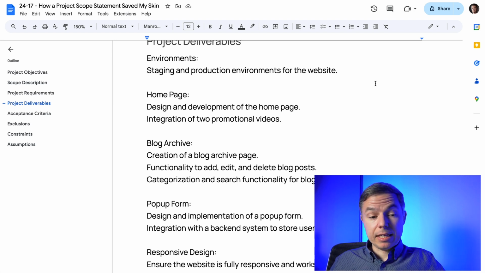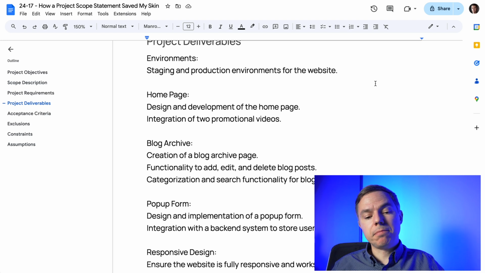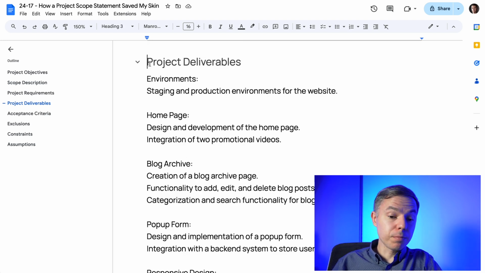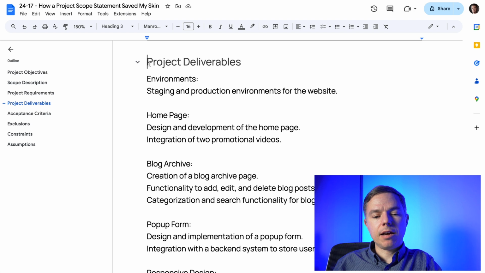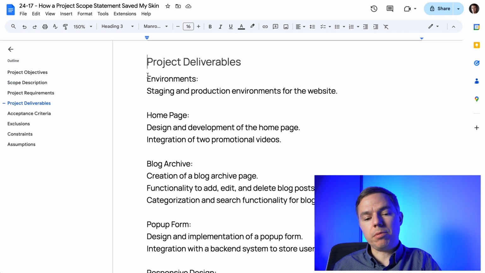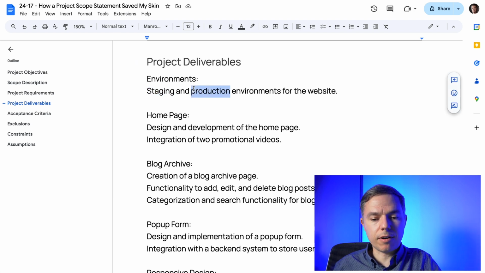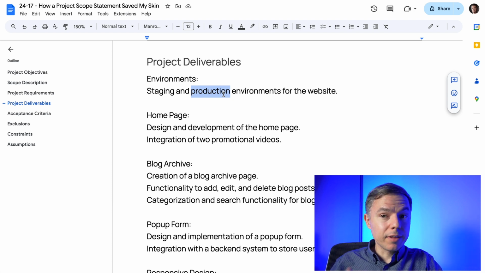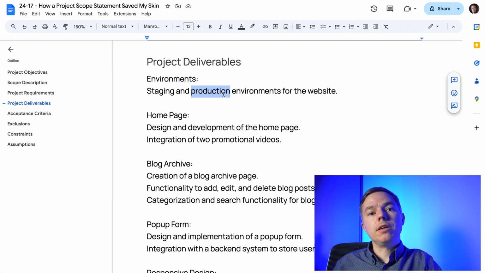That's an example of a scope statement, very simple, and even for a complex project, I recommend that you keep it as simple as this. Okay, one more thing about project deliverables. In this case, I describe them as a list, but if you have less technical stakeholders and project owners who don't know all this terminology, sometimes you'll have to describe them in more detail. For example, what does staging mean, what does production environment mean, and so on. So you will describe it in more detail so that they have a clear picture of the project.